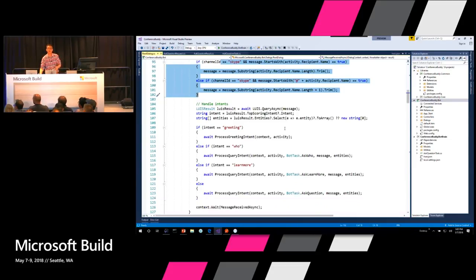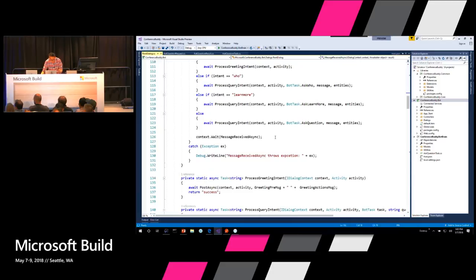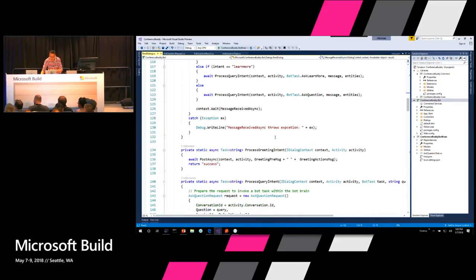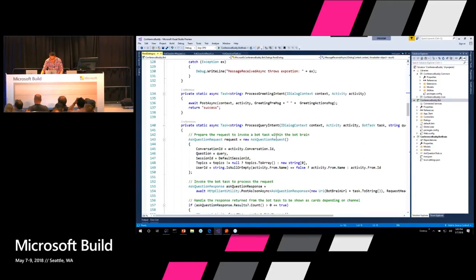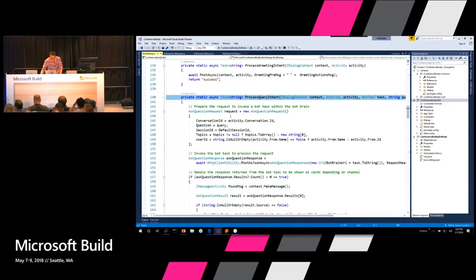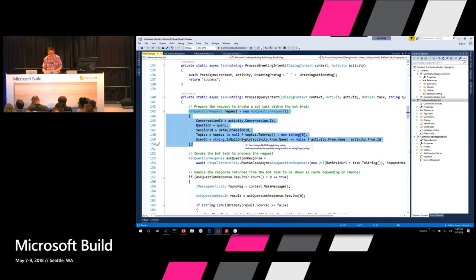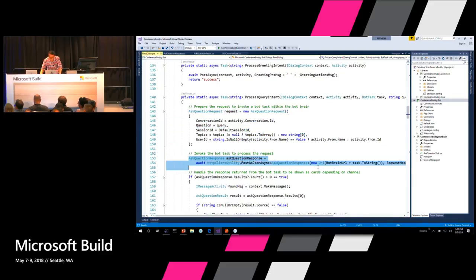And then you call LUIS to determine its intent, okay? So what kind of intent it is. And then you process the intent, okay? Apart from LUIS, as you can see, there's no code talking to any other cognitive service itself. Then it tries to process the intent and create a data contract, which is the abstraction layer that I was talking about, right? So we formulate the request with all this information, and then this is the step where it's sending it to the bot brain itself, okay?